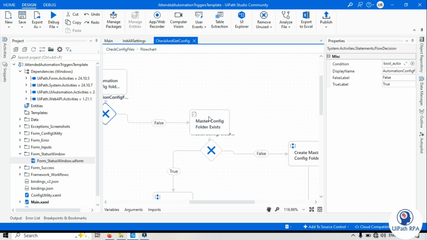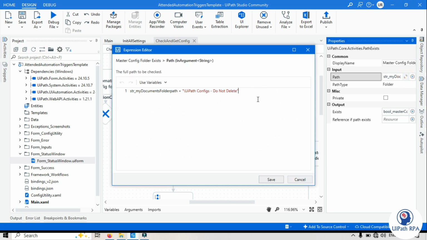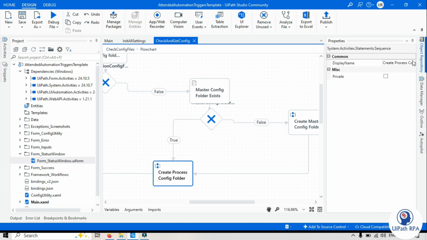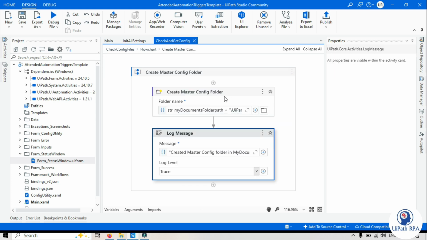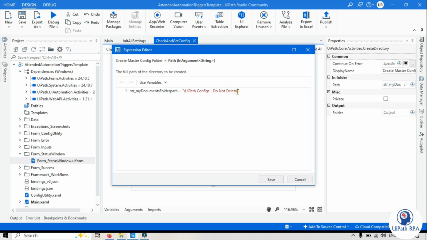Otherwise it checks one more folder, whether we have this folder till now. If this is not available, then it creates it, and it has some activity inside that. I will show you that. So it creates a master folder, means it creates a folder in My Documents. In the My Documents folder you will see this folder created,